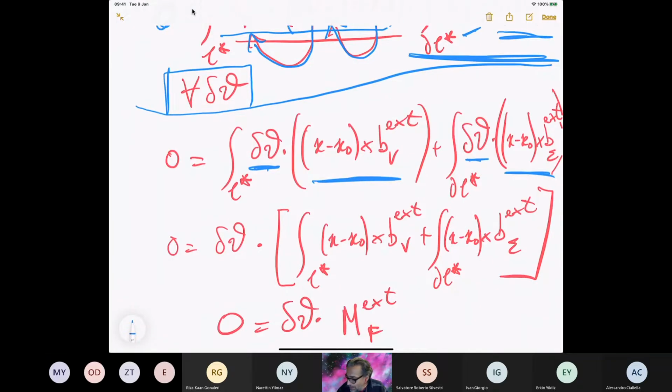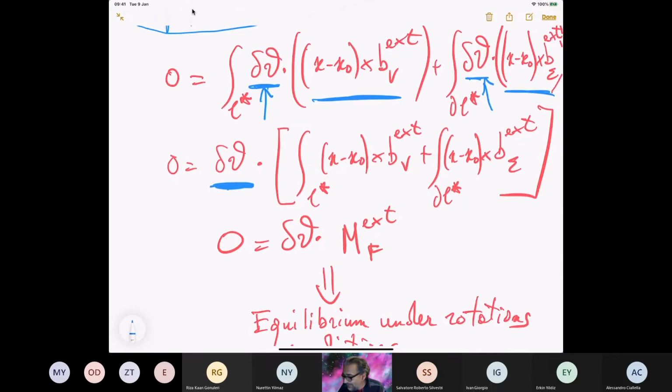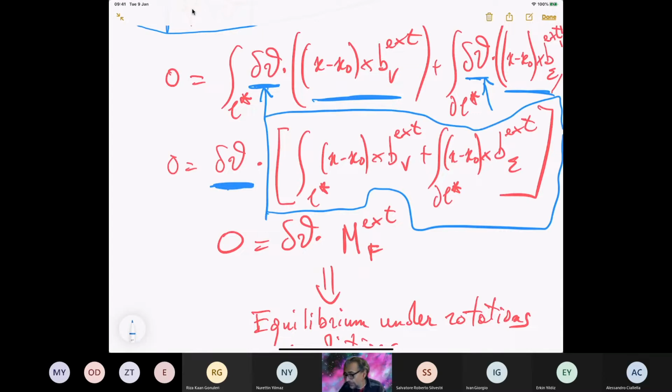Clearly, when you remark that delta theta is constant, so it can get out of the integral there. Okay? And you remark that this equality to 0 must be valid for every delta theta. You discover that this object here must be, of course, this object depends on x0. This object is to be defined. And we call this moment